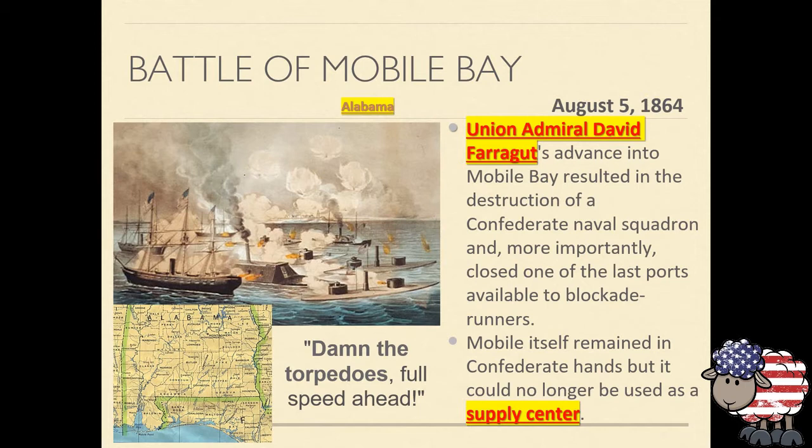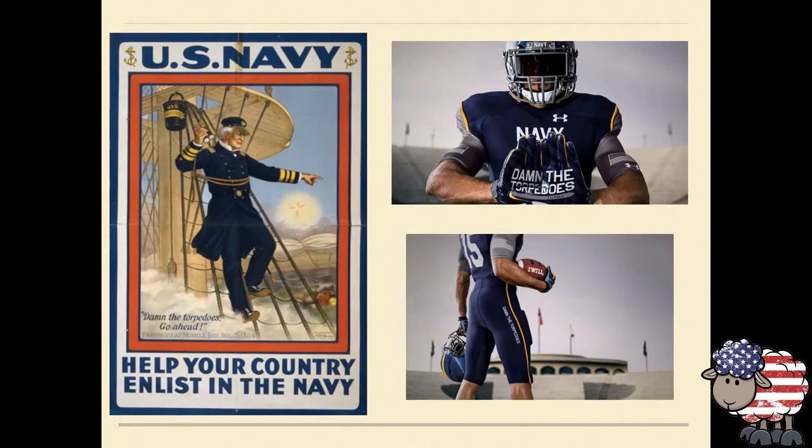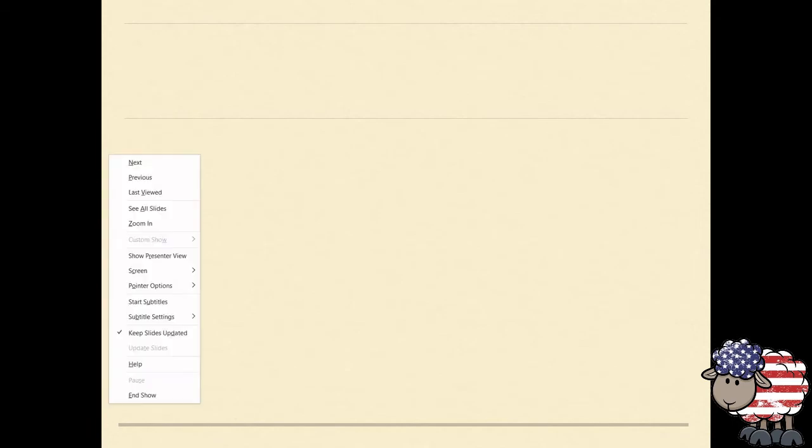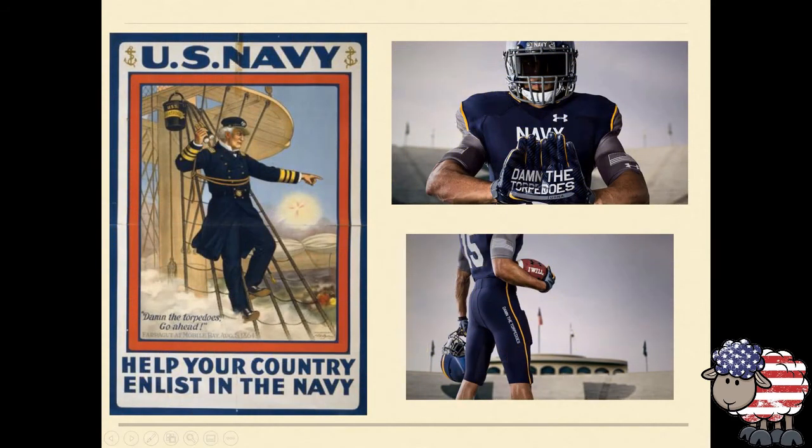The phrase "damn the torpedoes, full speed ahead" comes from Admiral David Farragut's decision during the war to tie himself to the ship, and very heroic. Now, this is one of the kind of sub-slogans of the United States Naval Academy, "damn the torpedoes." And so this is propaganda for the United States Navy, trying to help them to enlist, but the bravery exhibited by him during the Battle of Mobile Bay is quite admirable.